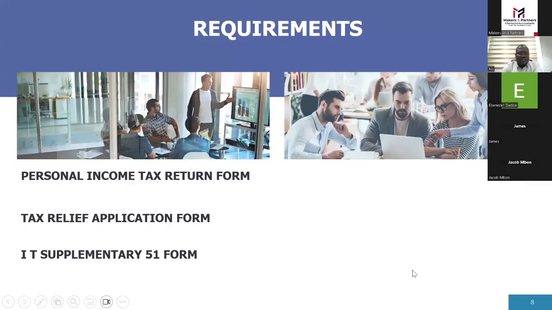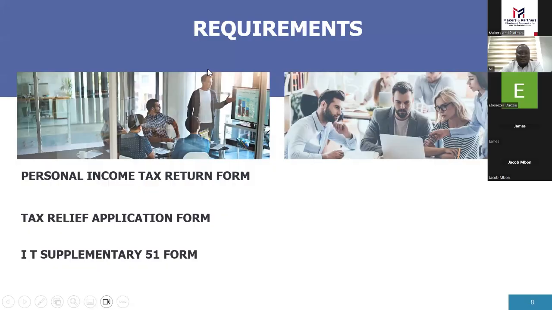So we have the next thing that you need to know, the requirements. You have the tax relief. You are supposed to apply for the tax relief and you should be granted the tax relief. If you have not applied for the tax relief, you cannot claim the relief. That is per the act.